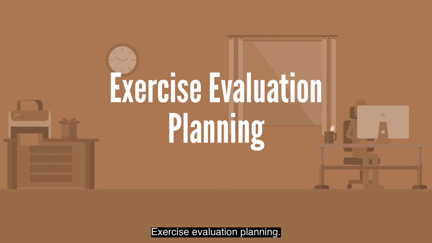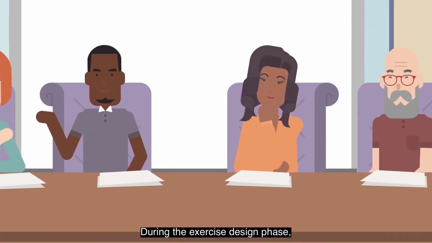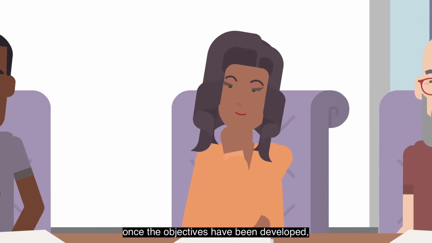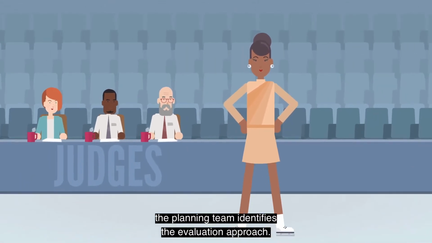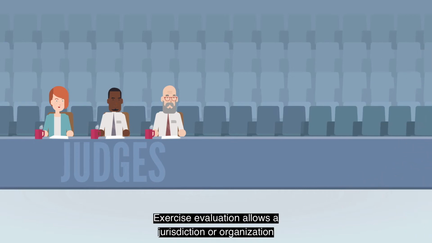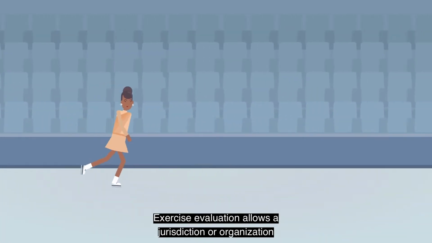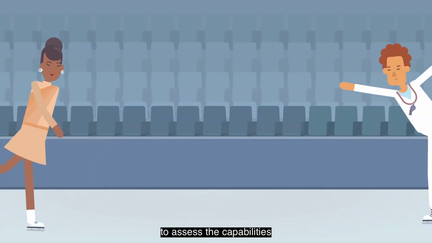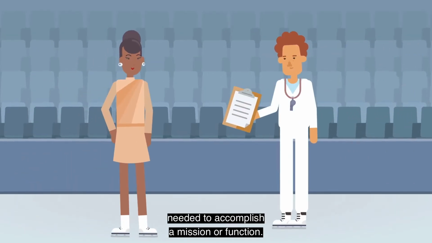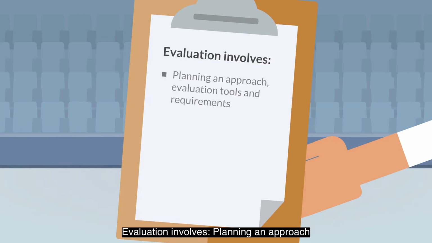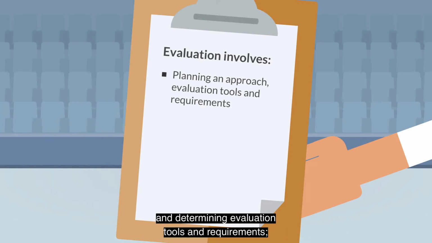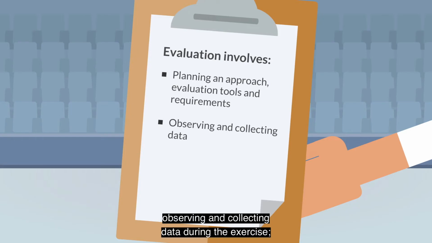Exercise evaluation planning. During the exercise design phase, once the objectives have been developed, the planning team identifies the evaluation approach. Exercise evaluation allows a jurisdiction or organization to assess the capabilities needed to accomplish a mission or function. Evaluation involves planning an approach and determining evaluation tools and requirements, observing and collecting data during the exercise, analyzing collected